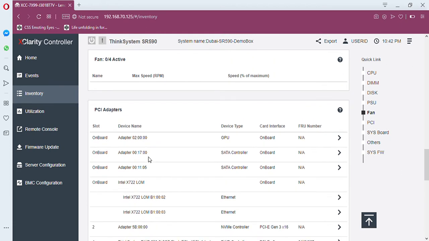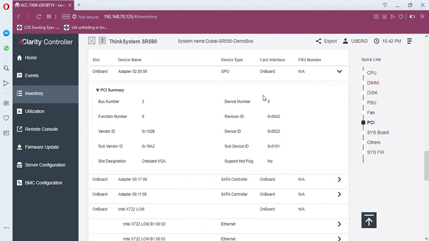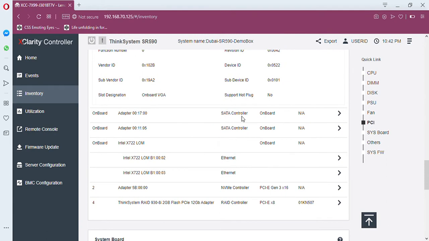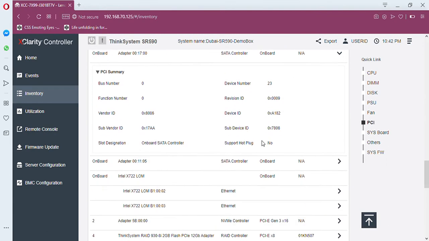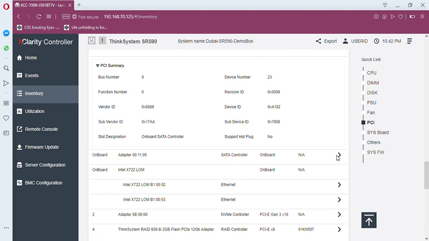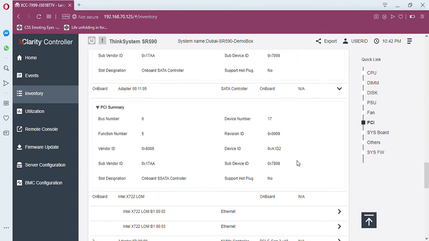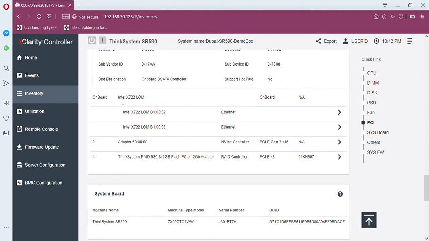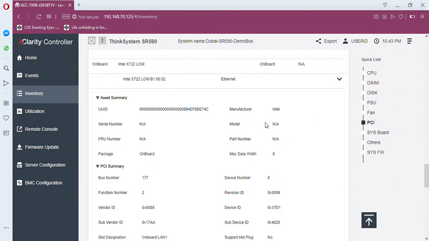We have PCI adapters. One is for GPU, which if you open it, you will have more details about the GPU itself. We have SATA controller number 1, and we also have SATA controller number 2, which are on board, and we have Intel X722 LAN on motherboard. This stands for LAN on motherboard, and it shows that there are 2 ports, and these are the details, which is the Intel